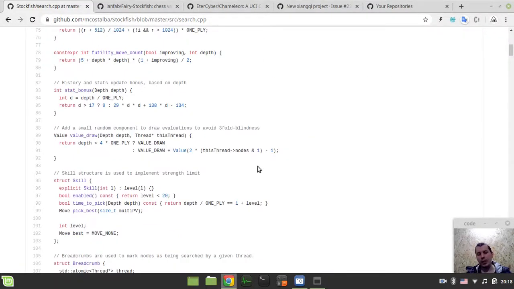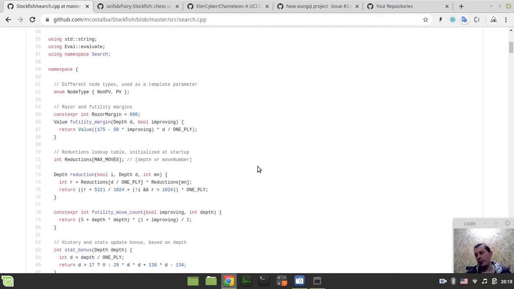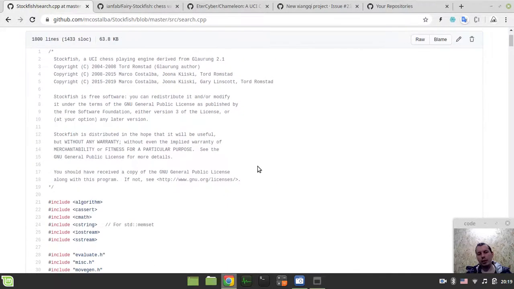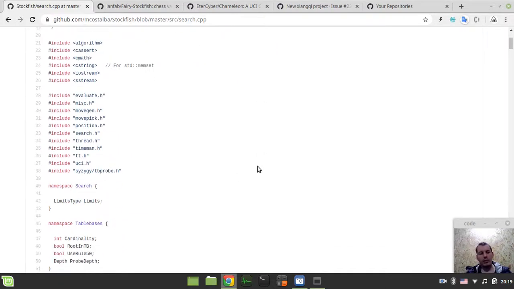But again, this is just a language, and the language itself doesn't really matter that much. One of the reasons for considering Stockfish is to get a little bit more familiar with C++ itself. If it was just a matter of trying to create the strongest engine in the world, I would just take the C port of Stockfish, which is called Cfish, and I could have just started to work straight ahead. But that's not the point, really. Getting familiar with C++ is one of the reasons for me to start with this.